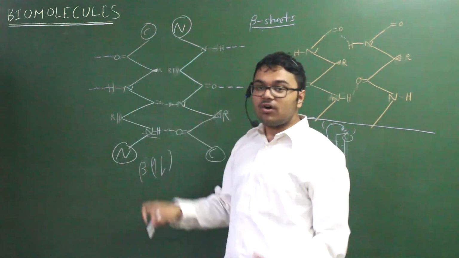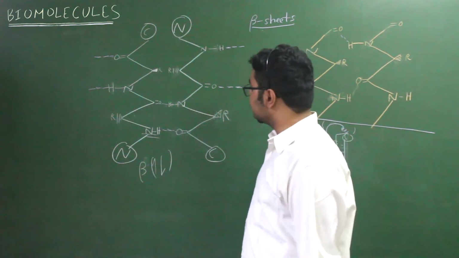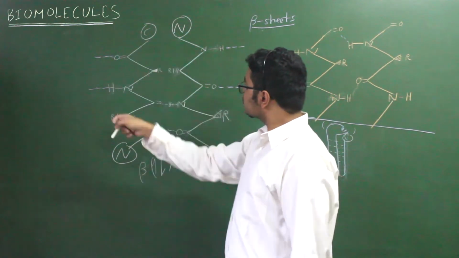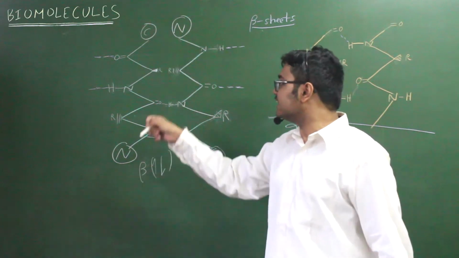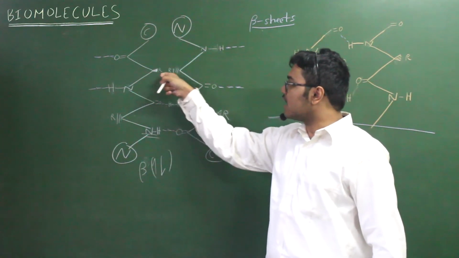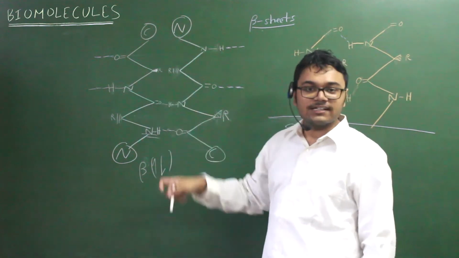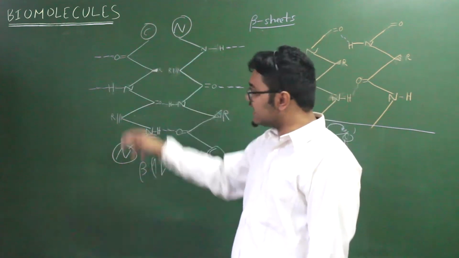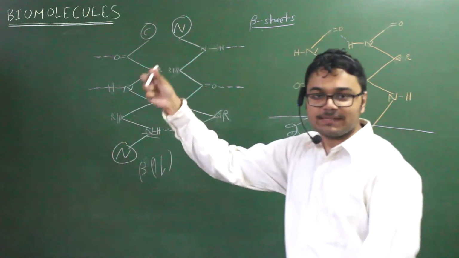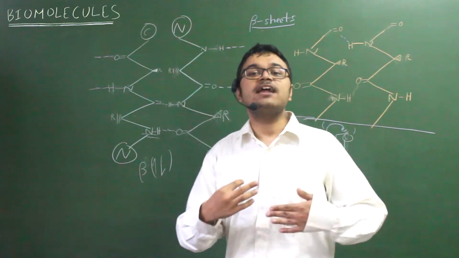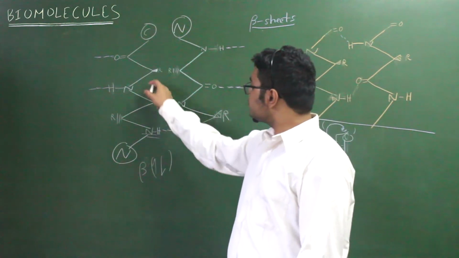Because all the amino acids are L in their configuration, this structure and this structure are mirror images effectively. I'm not talking about the exact R's over here. There will be two different R's, so there won't be exact mirror images. But this skeletal structure is mirrored here. So the R groups will go in opposite directions. One will come out of the plane, one will go into the plane. So there's far less collision. And there are these perfect